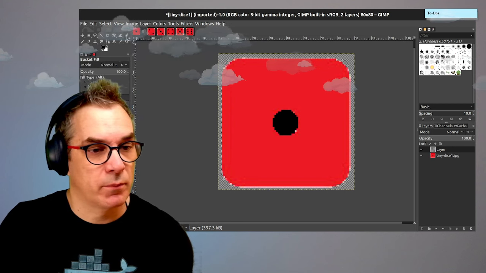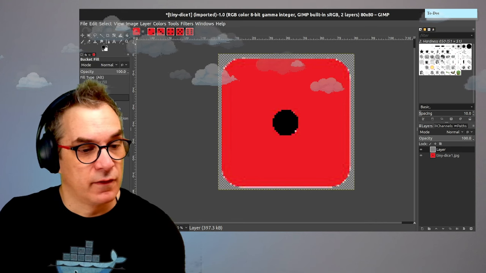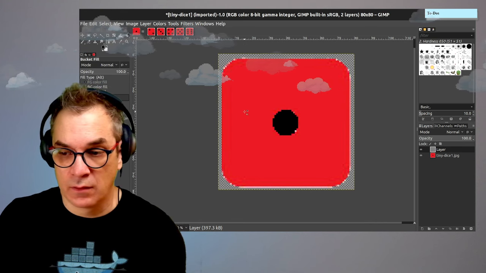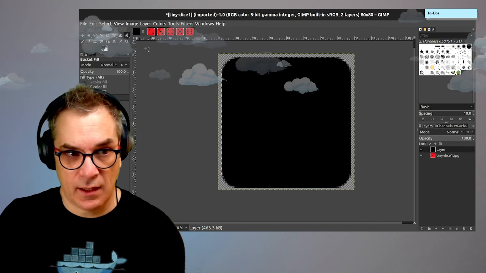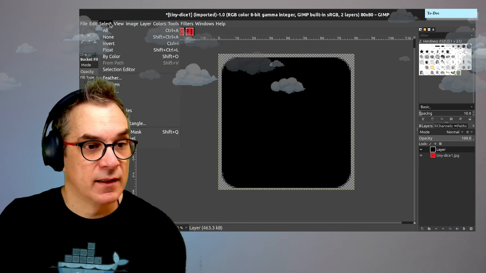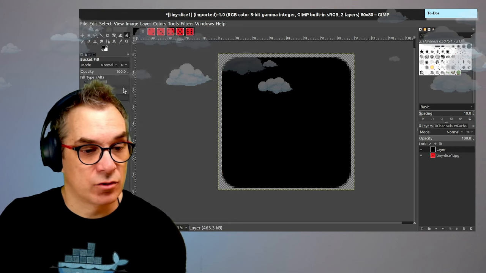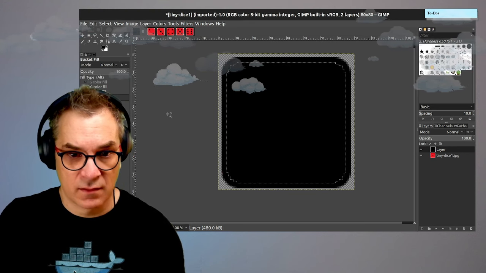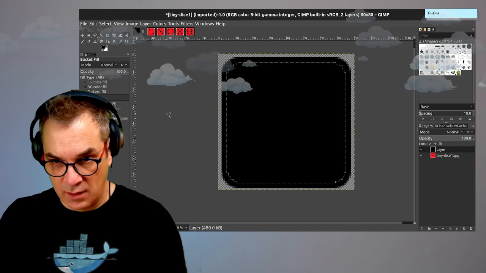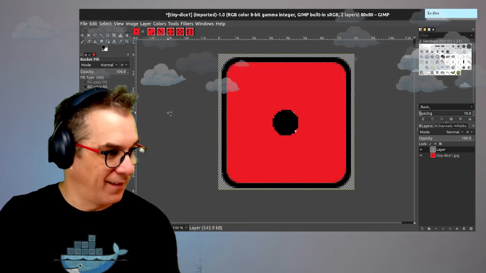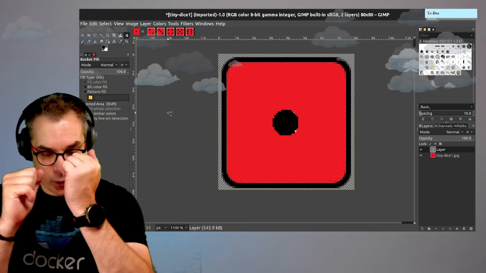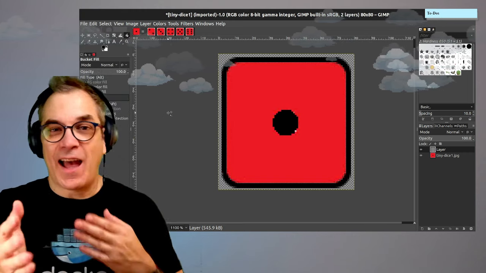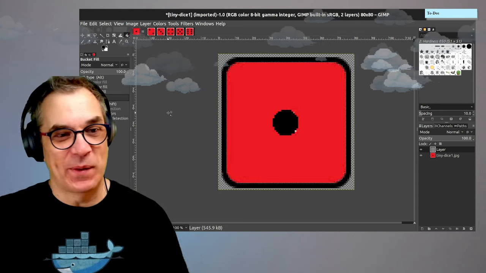Where is the bucket tool? Here, fill the old selection, just like that. And now I can shrink it. Select, shrink by 3 pixels, and voila, we have a border. Like, I'm faster with GIMP than